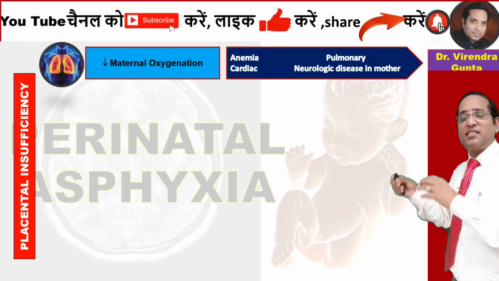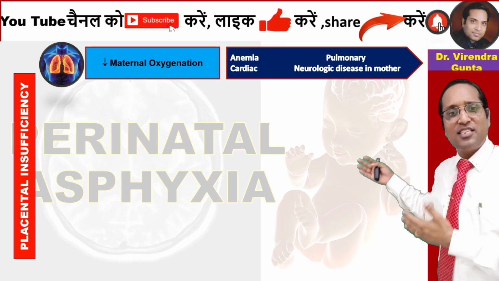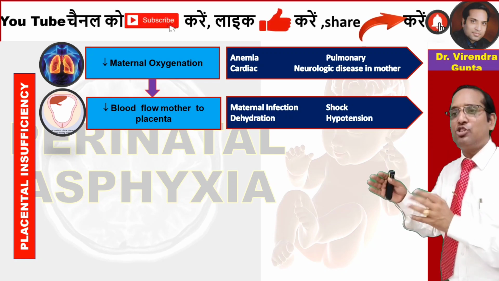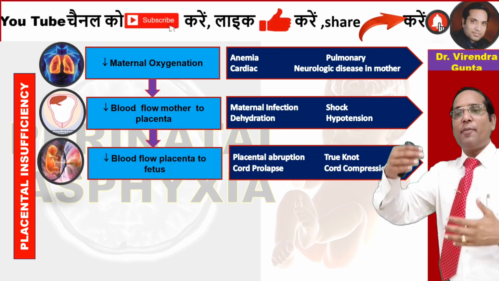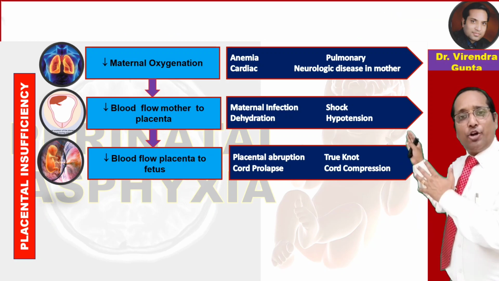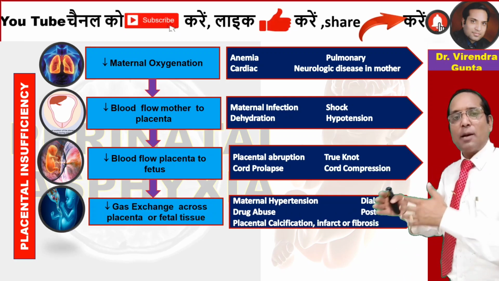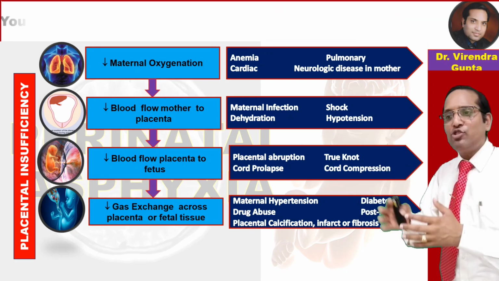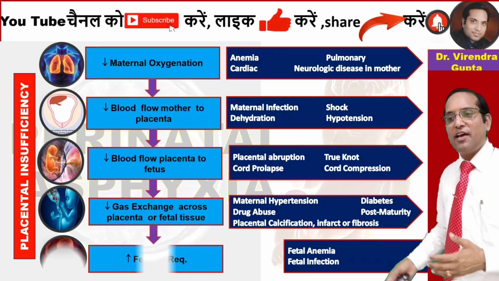Placental causes include decreased maternal oxygenation due to anemia, or pulmonary, cardiac, or neurological disease in the mother, which may cause decreased oxygen saturation. Decreased blood flow from mother to placenta may be due to maternal infection, shock, dehydration, or hypotension. Decreased blood flow from placenta to fetus may be due to placental abruption, true knot, cord prolapse, or cord compression. This may lead to decreased gaseous exchange across the placenta and fetus, which may be due to maternal hypertension, diabetes, drug abuse, post-maturity, or placental calcification, infarction, or fibrosis,